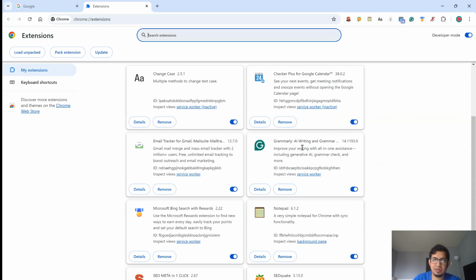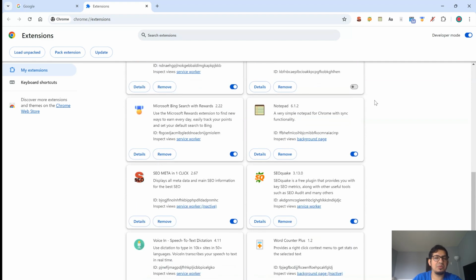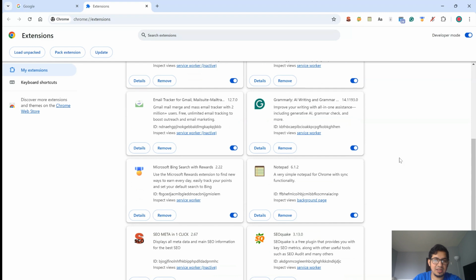We will disable the Grammarly plugin. Okay, we'll just click here and it is disabled. It's not active anymore. So after that, if you want to enable it again, you can click it here and it is enabled again. Okay. So the next thing is